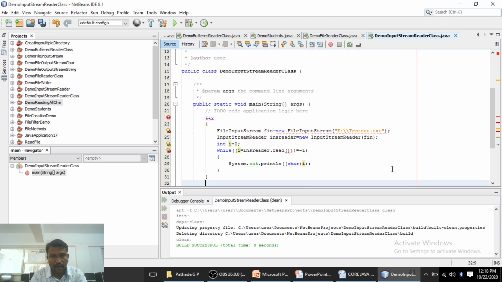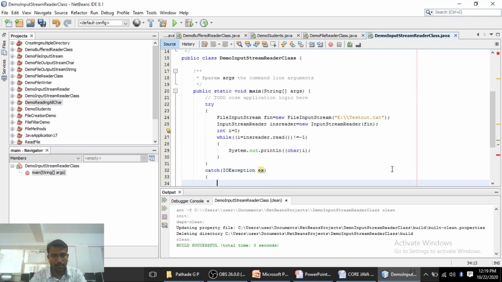After closing the try block we use a catch block, because whatever exceptions are there in this particular try block will all be caught by the catch block, that is IOException. Its object is, suppose, ex.